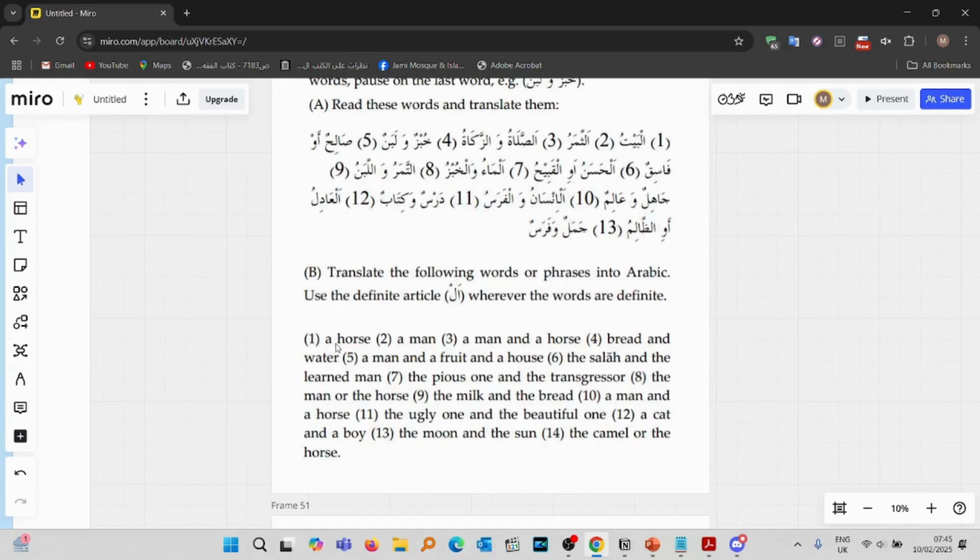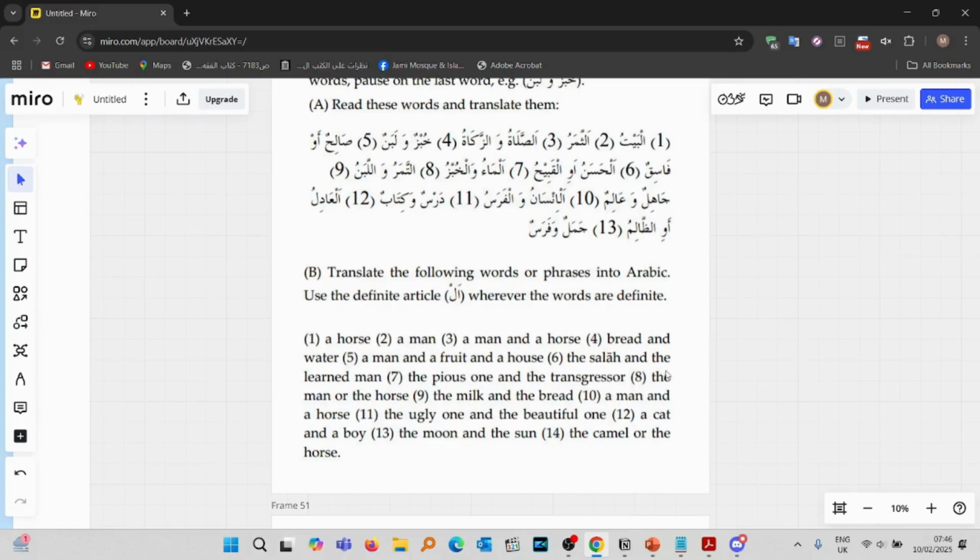So number 1, a horse, farasun. Number 2, a man, insanun. Number 3, a man and a horse, insanun wa farasun. Number 4, bread and water, khubzun wa ma'un. Number 5, a man and a fruit and a house, insanun wa samarun wa baytun. Number 6, the scholar and the learned man, as-salatu wal alimu. Number 7, the pious one and the transgressor,